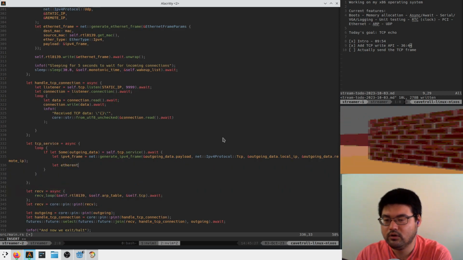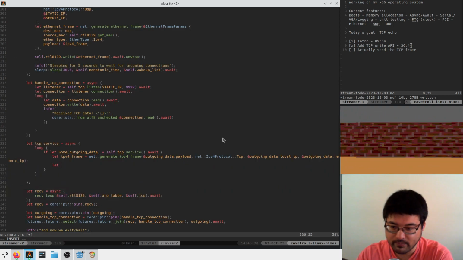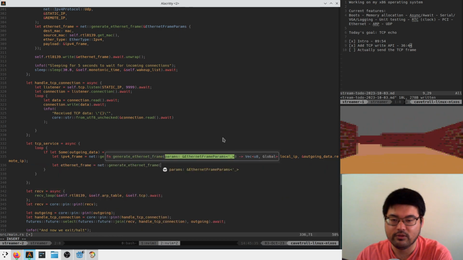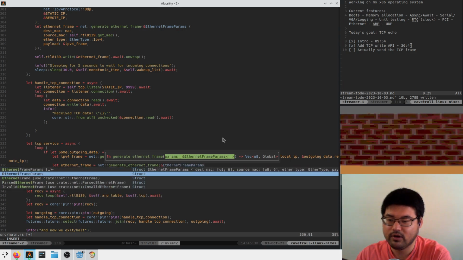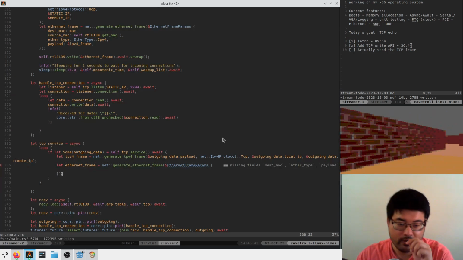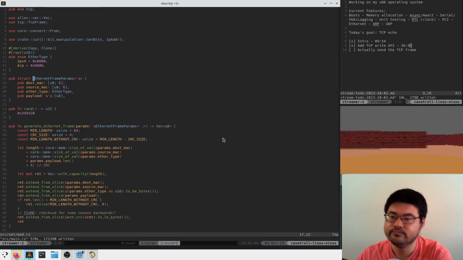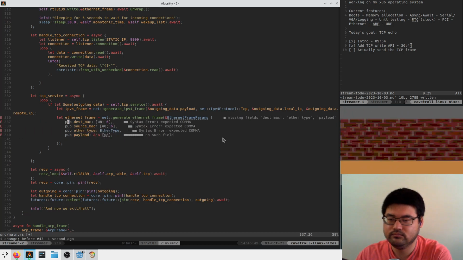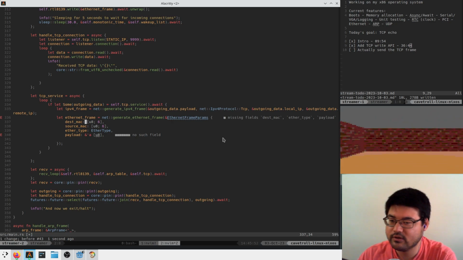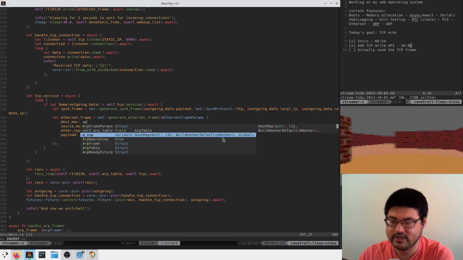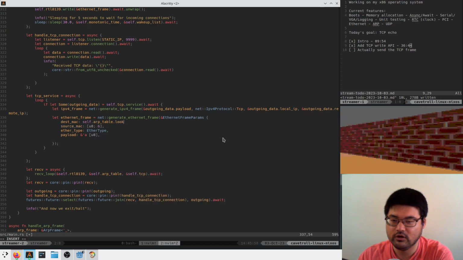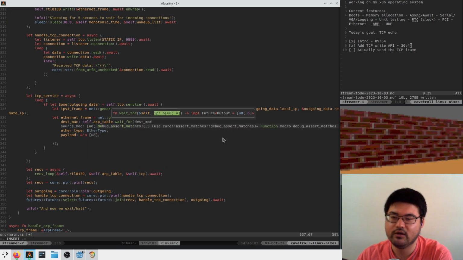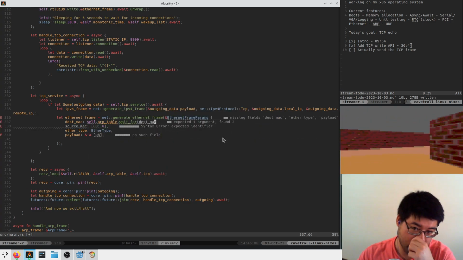Cool. Now we can generate an Ethernet frame from the IPv4 frame. So here we say net generate Ethernet frame. The params are Ethernet frame params. And what goes in here? This stuff. Okay. So the MAC addresses, the destination MAC comes from our ARP table. So we can say self.arp table.wait for dest MAC. Now this gets a little tricky because